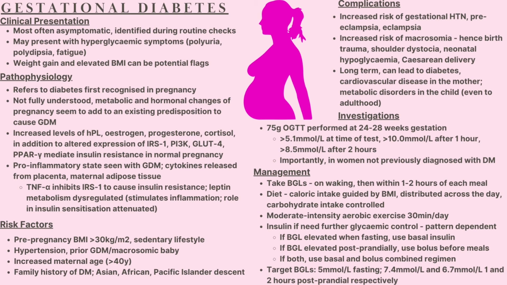If these measures are insufficient and further glycemic control is required, insulin is used in a pattern-dependent way. If the woman's blood glucose level is normally elevated when fasting, then basal insulin is used. If the woman's blood glucose level is normally elevated postprandially, then bolus insulin is used before meals. If both of these conditions apply to the woman's blood glucose pattern, then a basal and bolus combined regimen is used. With all of these measures, target blood glucose levels are 5